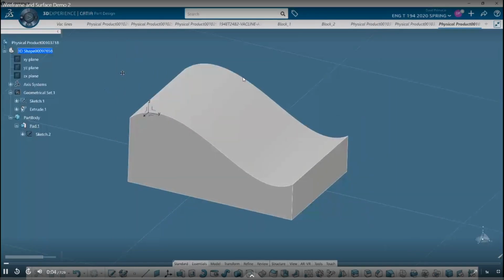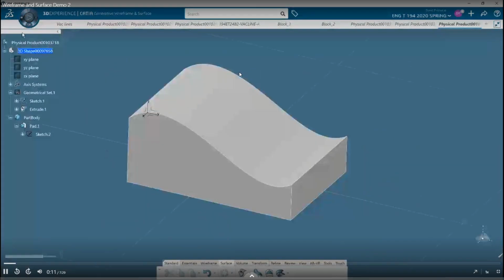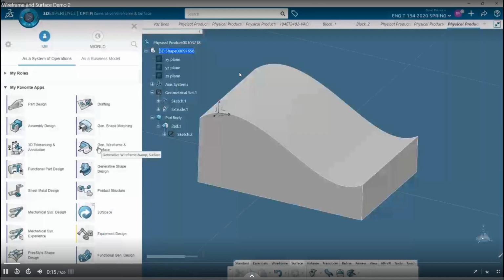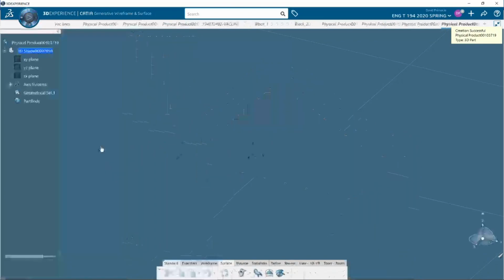Okay, part 2, I'm going to create a new part. Again, we're using generative wireframe surfacing. Whoops. I have to do that twice because I was in part design, so it switched to wireframe and surface. Do it again, and I'll actually create a brand new part. I'm in generative wireframe surface. I've created a brand new part. I'm going to go to